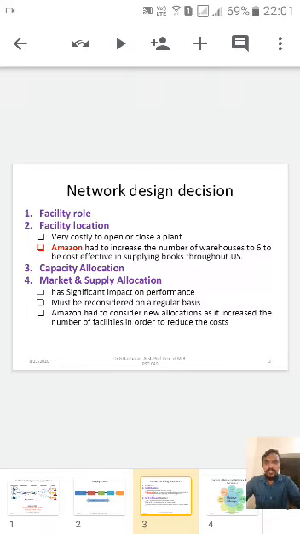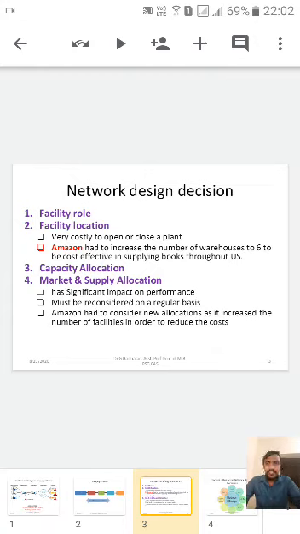The second decision while designing the supply chain network is facility location: where your facility should be located. For example, a manufacturing plant should be located where the raw material is available, and a retail outlet should be located in the customer interaction space. A typical example is Walmart, one of the retail giants. They are located outside the major cities because land cost is very cheap, which gives a cost advantage. 7-Eleven, another retail giant, is located in the major cities because of the easy convenience of purchasing.